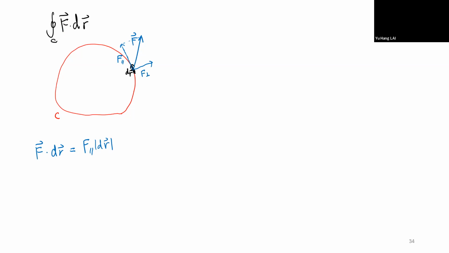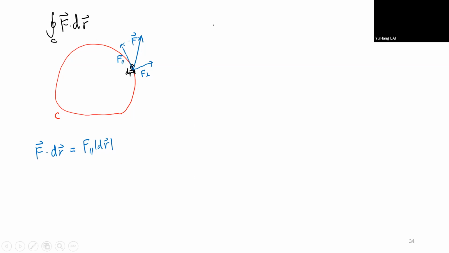This is a component that is perpendicular to my dr vector, and I call this normal because this component is also normal or perpendicular to my curve C. So what we want to find next